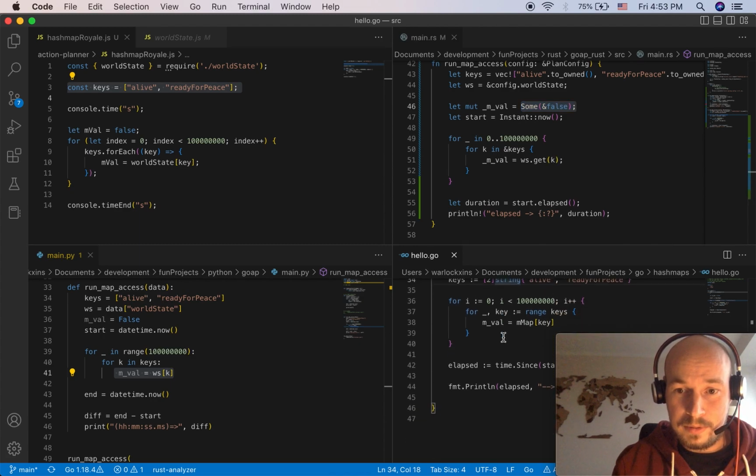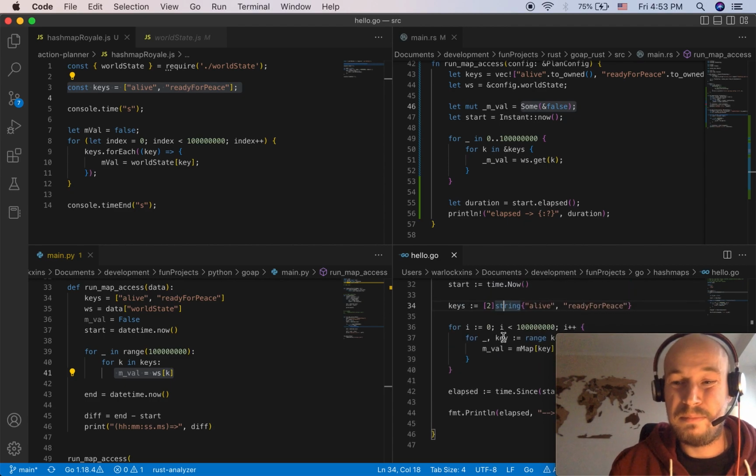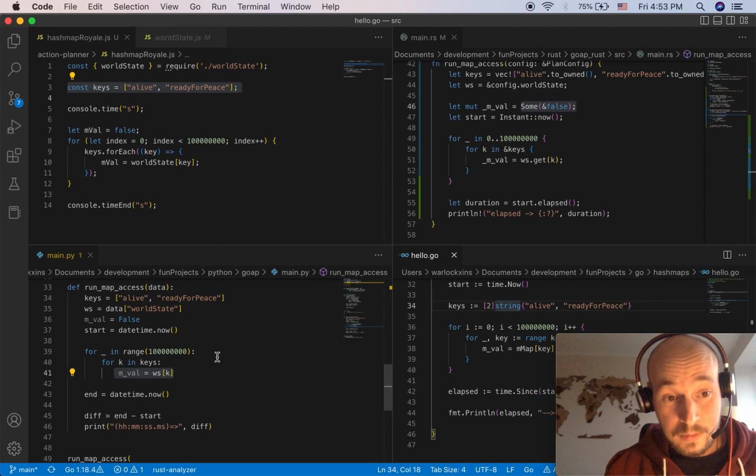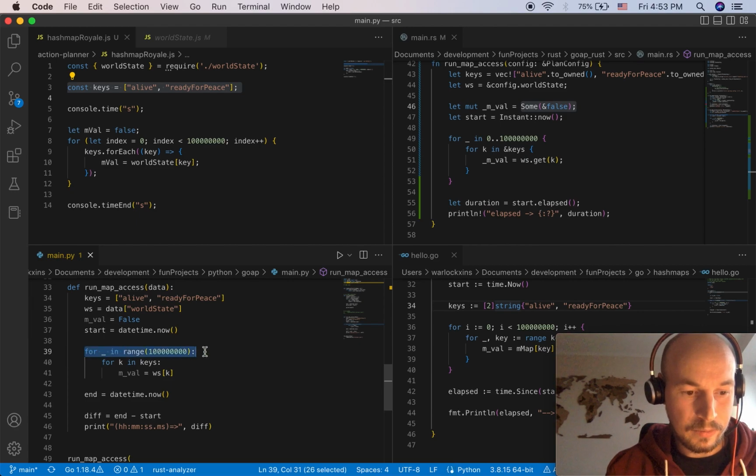And obviously Go is pretty much the same thing. I just wanted to see if it behaves in a fast manner. So I ran the thing in multiple iteration ranges.